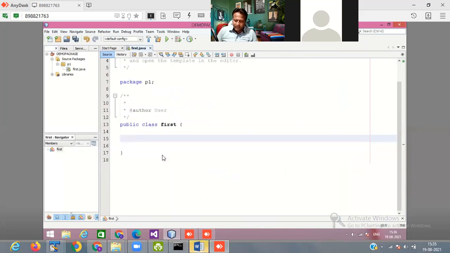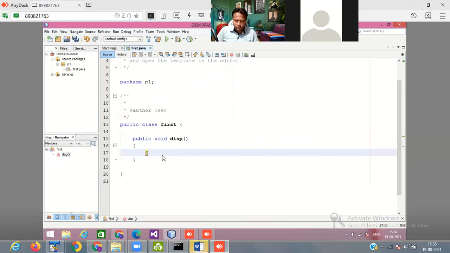I define a function, public void display function, which shows: system dot out dot println, I display here, this is first class. So one package is created.